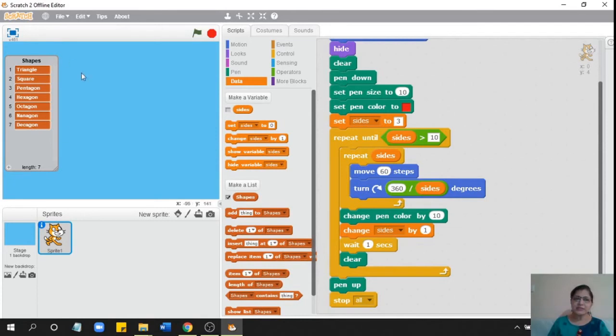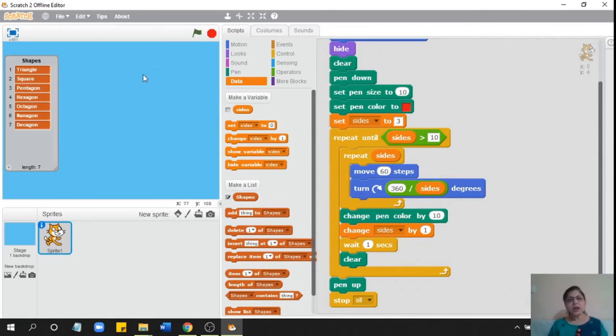So from this list, if I want these items to be referred to, I have to refer to the subscript, the element number. In Scratch it is called item. So item 6 of shapes will give me nonagon and so on. Right now, after it finishes drawing, I want it to say that it's a triangle.